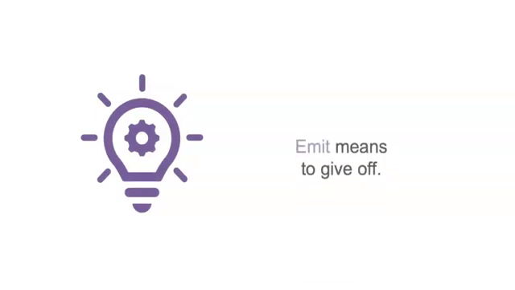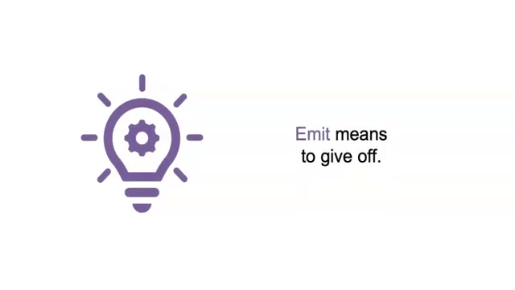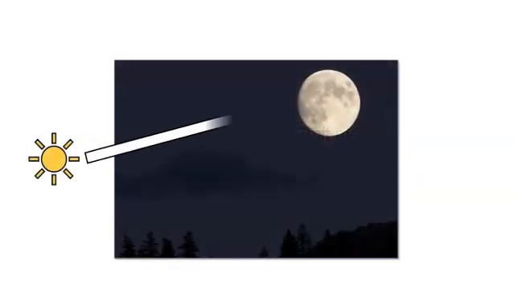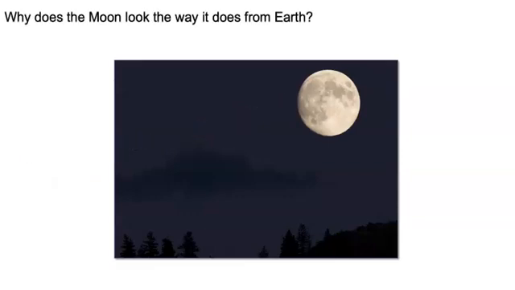Remember, emit means to give off. When a light source emits light, it gives off light. We know the sun is a light source, so it emits light. But is the moon a light source? Or maybe the light from the sun illuminates the moon. We're not sure yet. So let's continue to explore the question, why does the moon look the way it does